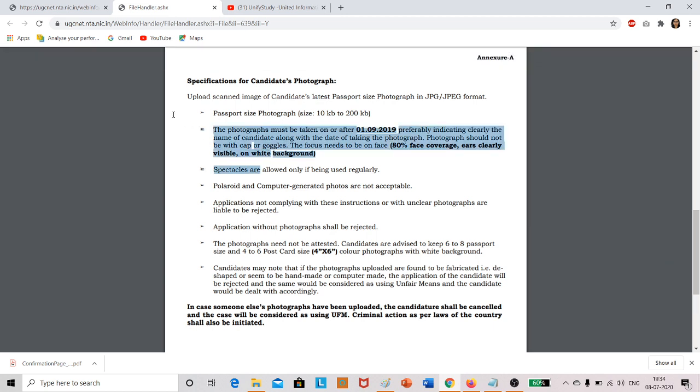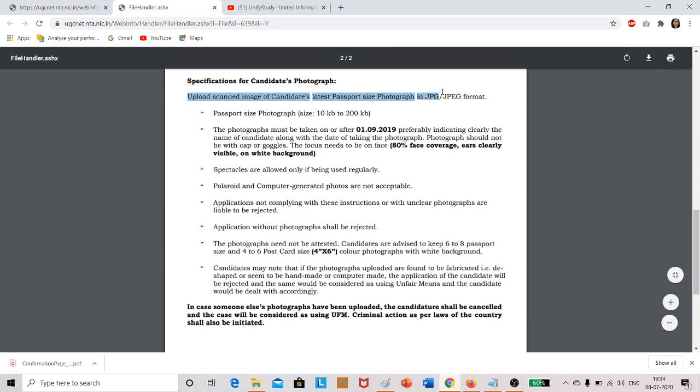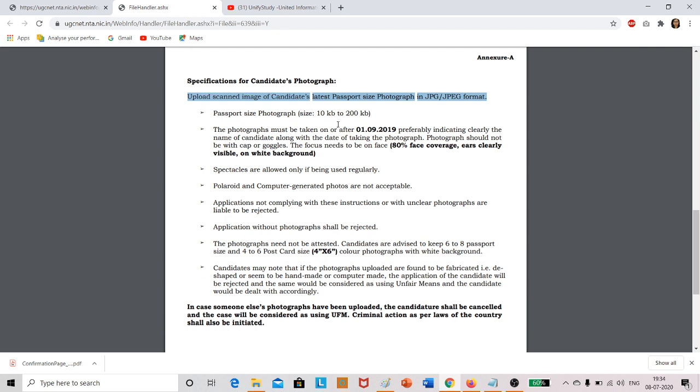You have to know what the points are. Upload scan image of candidate, that should be latest, मतलब 2 साल 3 साल का पुराना नहीं होना चाहिए. And passport size photograph size should be between 10 KB and 200 KB. So 10 KB से 200 KB के अंदर नहीं है तो वो अपलोड नहीं होता है. And photograph must be taken after A19/2009.